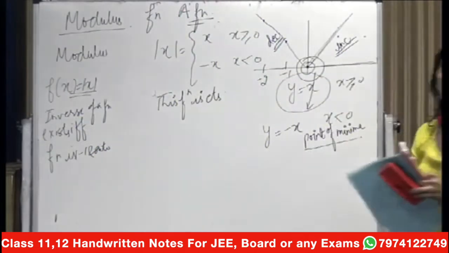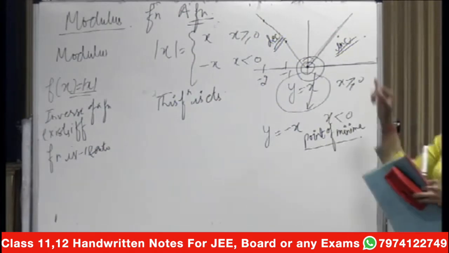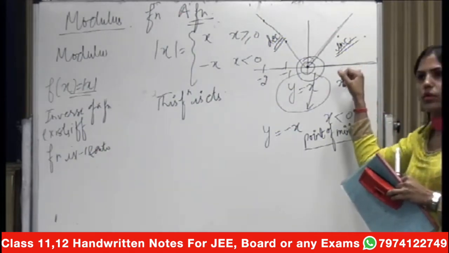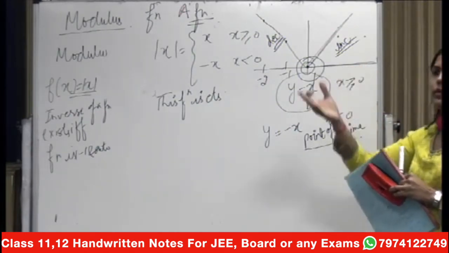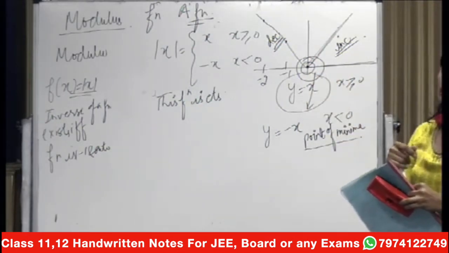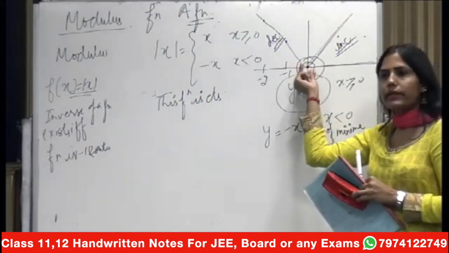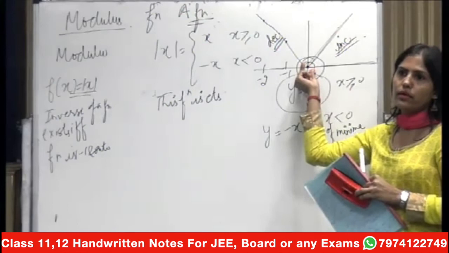You have read now continuity and differentiability. By the graphs, how will you check whether this function is differentiable or not? If it is differentiable, for how many points? If it is not differentiable, at which points is this function not differentiable? How do you check? By the graph. If there is a corner in the graph, at that point the function will not be differentiable.